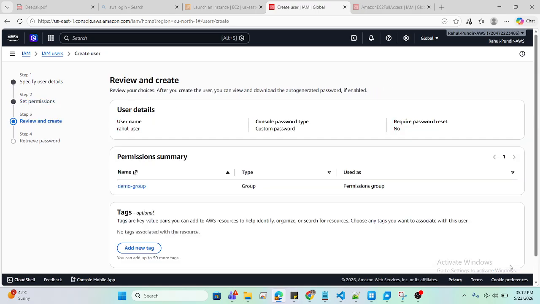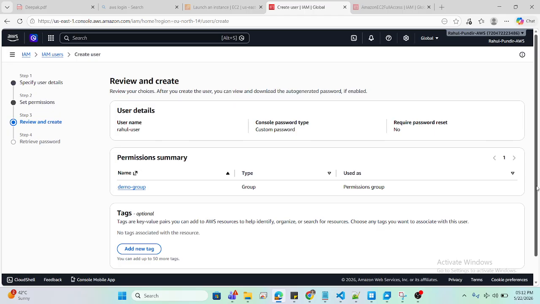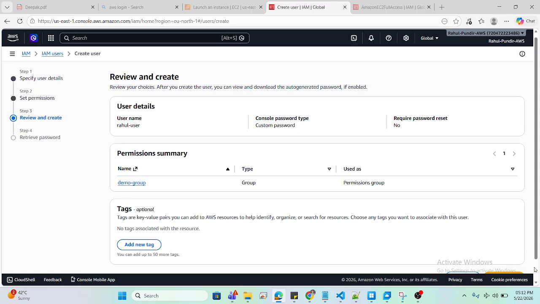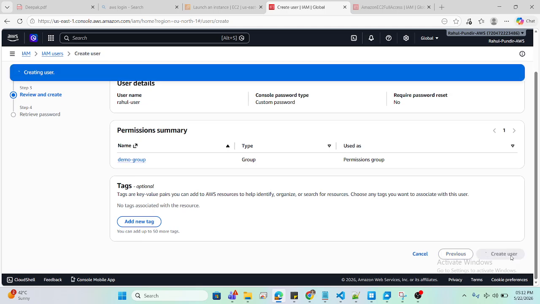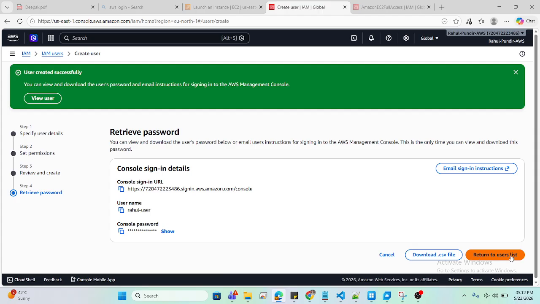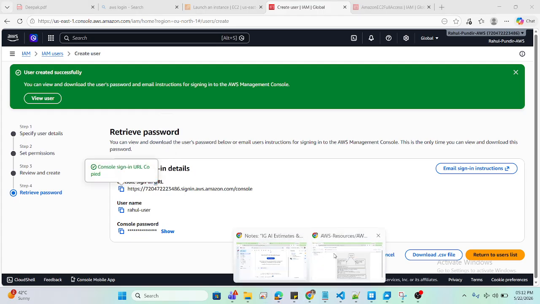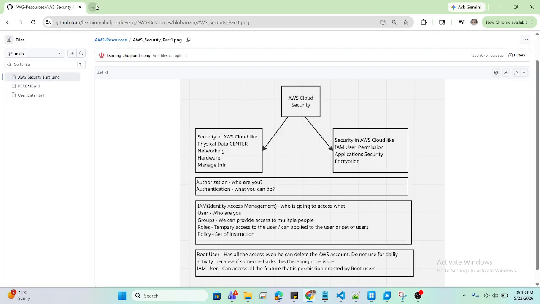That's it. Next. Yeah, here you can see this is the user name, this is the detail of the user, and this is the group which is assigned to the user. That's all. And I'm going to create the user. Yeah, the user has been created successfully. Here are the details where a user can log in to the AWS console. So I just quickly copy it, and going to the browser,